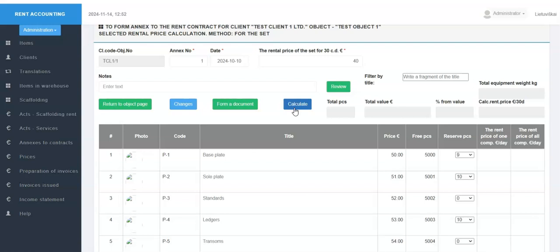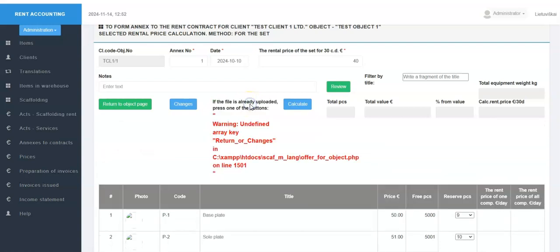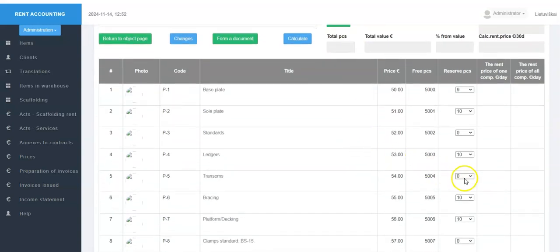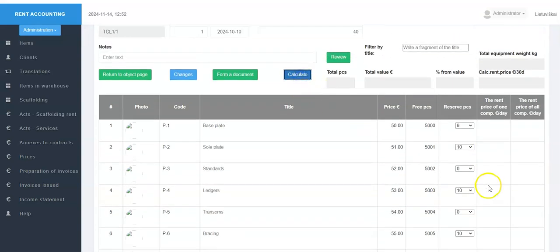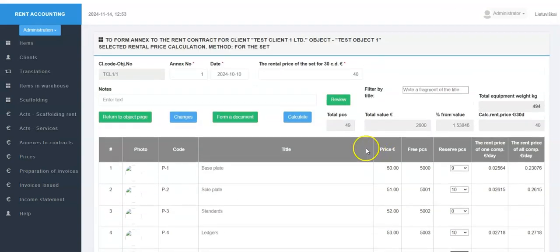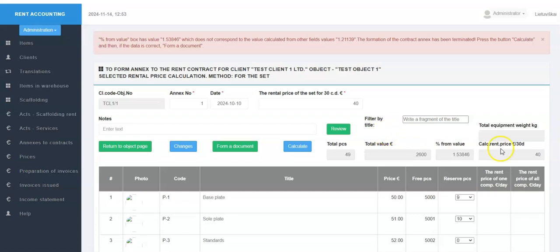If we press the Format Document button without pressing the Calculate button, the program will display a corresponding message again. We would get the same message if we added an additional component amount after the calculation and did not press the Calculate button.